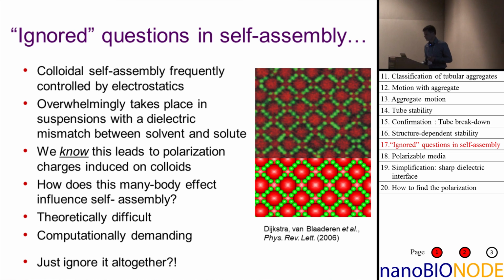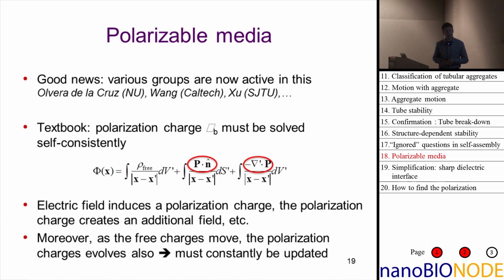And so we set out to do that. And we're not the only ones. The good news is that a number of groups around the world is actually working on this right now and trying to incorporate it in all sorts of molecular dynamics and Monte Carlo simulations of various systems. The next good news is also that it's not true that we don't understand it, right? I mean, since Maxwell, we know exactly how to calculate it. The problem is that it's difficult.